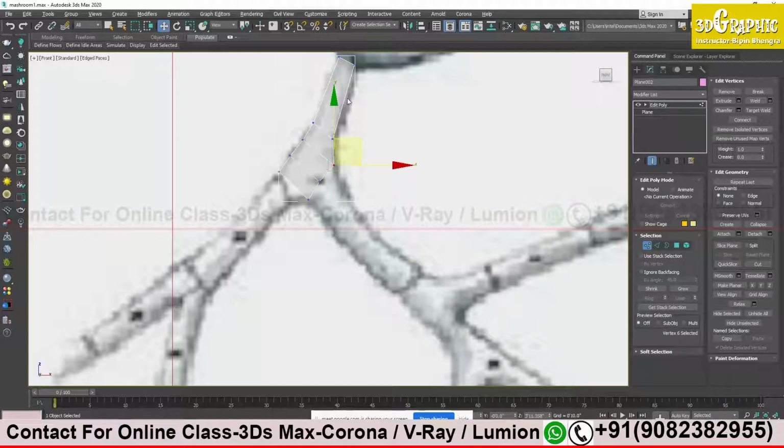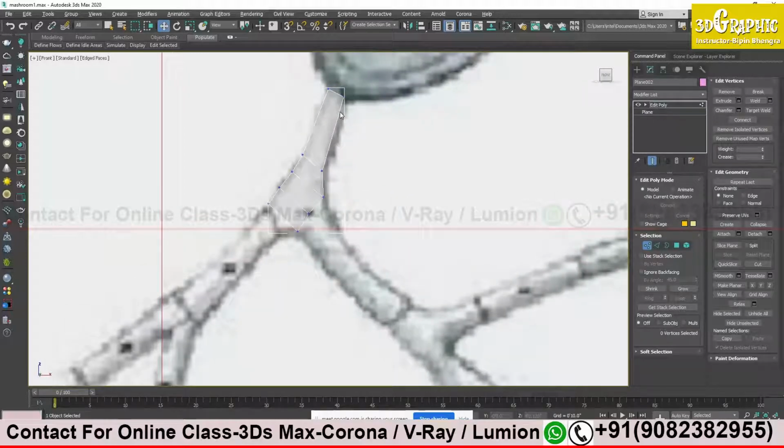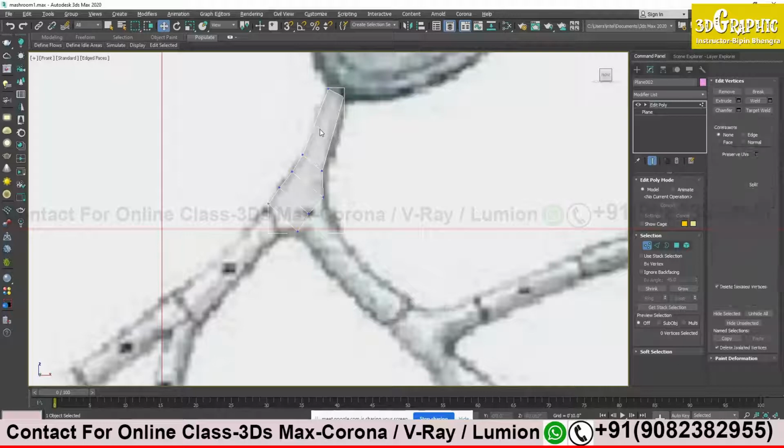And suppose you think that I need more vertices over here because there is a big gap here, I need more vertices to control it. What you have to do is select the edges. If you want to add a few more edges over here, you have to select the edge first. I will press 2 on my keyboard.